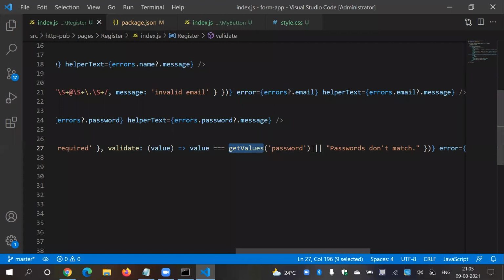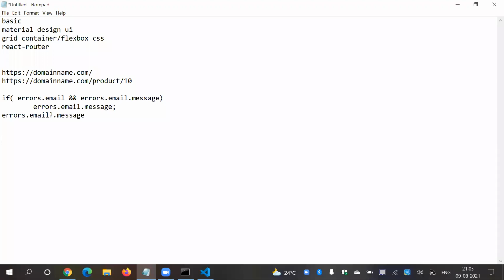Otherwise, guys, do you know what it means by or and and? So let's say in C, what you are doing is, if A is equal to B, then print A equal to B, right?